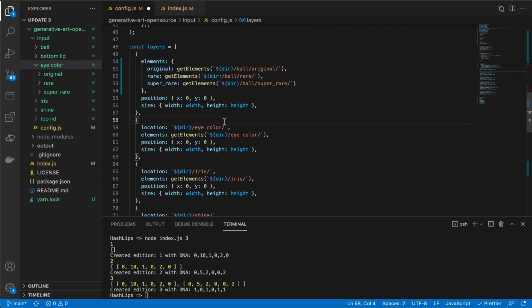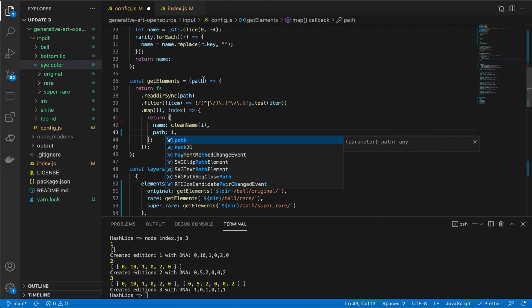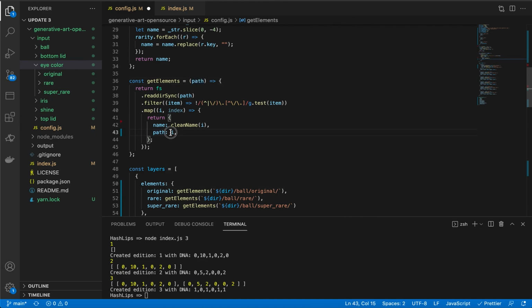We are almost done. There's just a few things that we need to double check, and that is how these elements get created, or actually consumed and pulled back. So when we go to the get elements function that we've created over here, there's something that I said we are going to change, and we are indeed. We are going to change this file name to path, and we are basically going to give it the path over there. And then all we need to do is wrap this inside a string and use string interpolation to